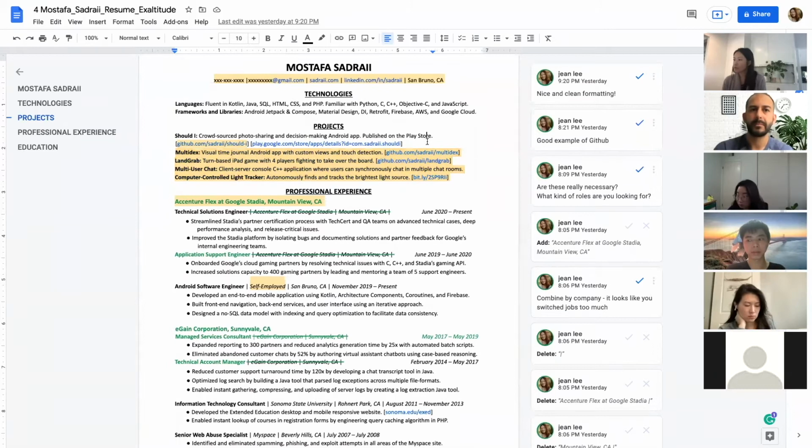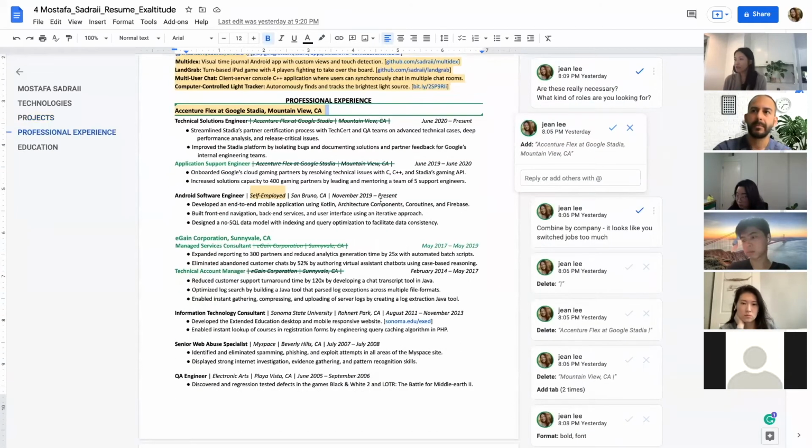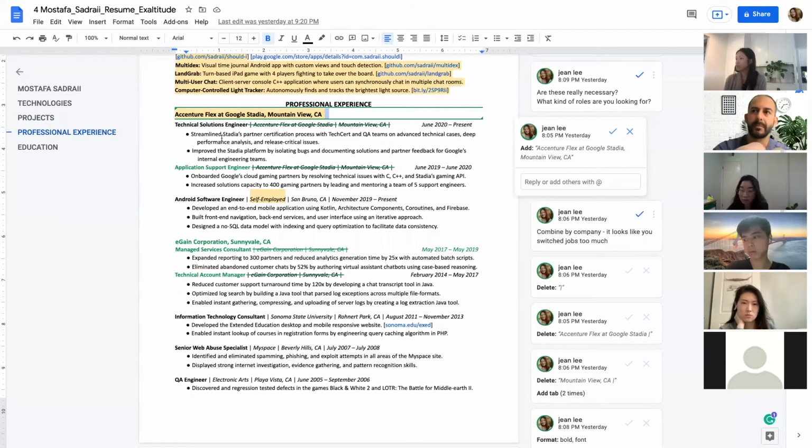And what I would do is look at the job requirements of the exact position that you're applying for, and then try to read what they're looking for. Everyone uses slightly different wording. So look for the vocabulary they're using and then change your resume slightly from your master into whatever company you're applying for. Okay, professional experience.